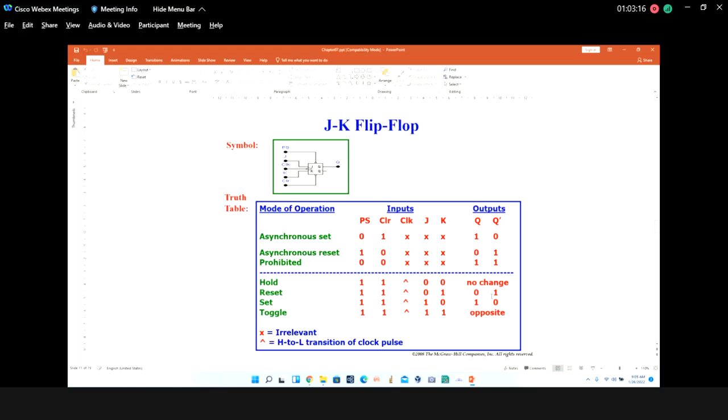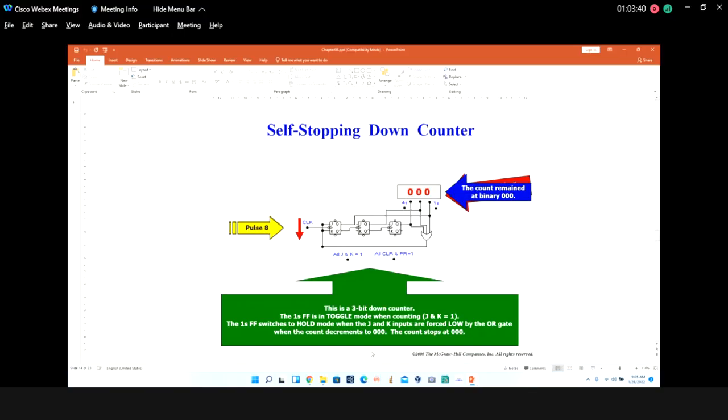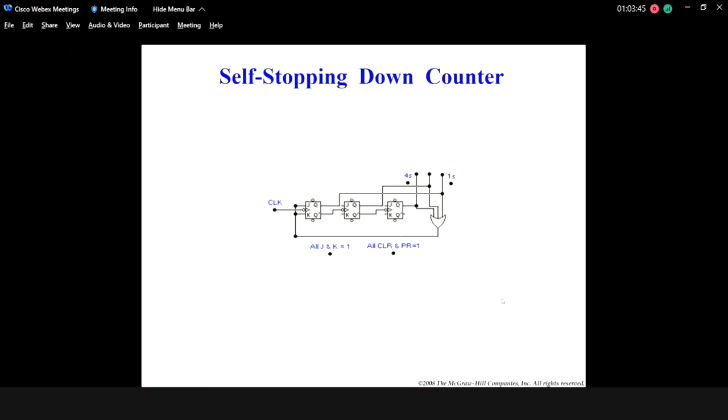It's not like Sarah, when Sarah goes to the New Year celebration and counts 3, 2, 1, 0, -1, and then Sarah will think, oh, I'm getting younger because the time is reversed. Okay, so we do not want to have that deja vu style. So we need to put self-stopping at this down counter. By adding this OR gate, the function is to